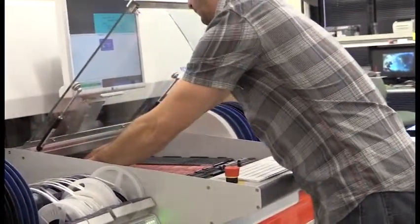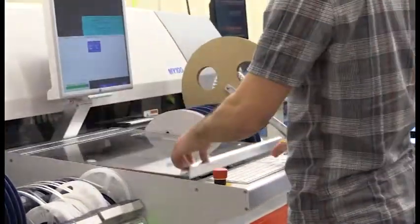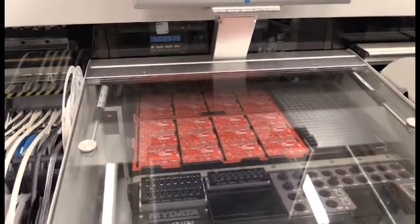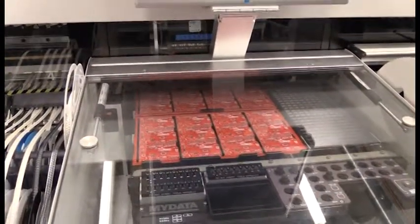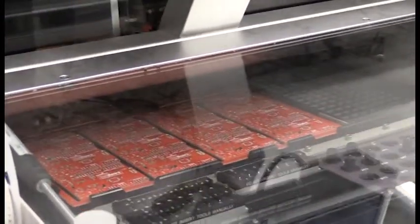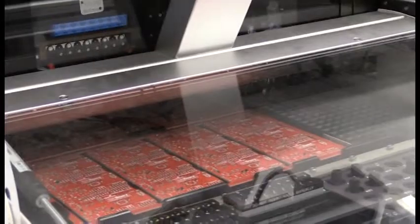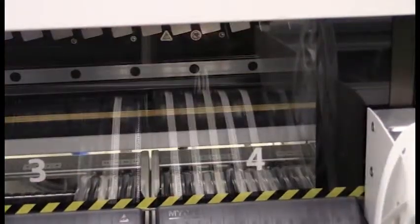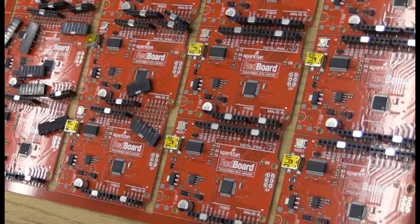They take these reels of components and they robotically move and place the components on the board, so they can go a lot faster. This one places several thousand an hour, so we can produce a lot more boards very precisely. Works a lot better than having to do it by hand. Once the components are placed on all the boards, then they have to go through our 2 giant reflow ovens there, so that basically melts the solder paste and actually sticks the components to the boards